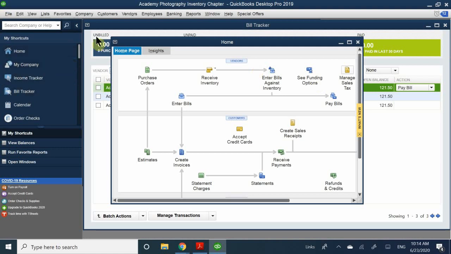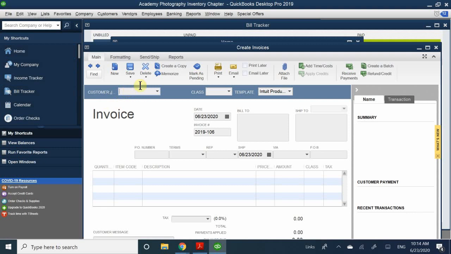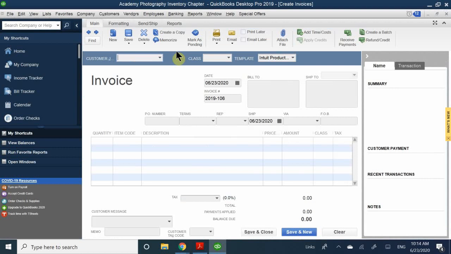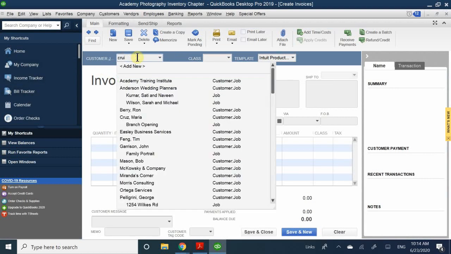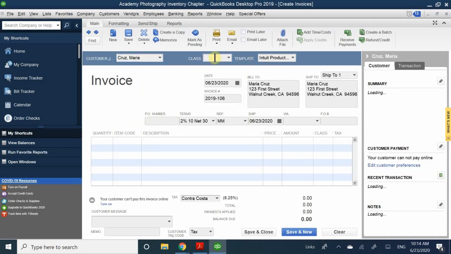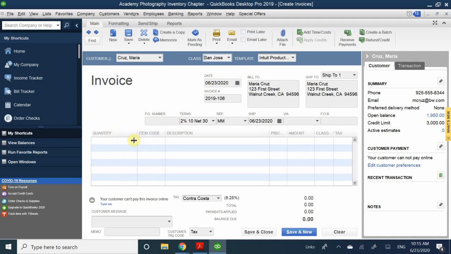All right, guys. So again, let's go ahead and look at our example here. So I'm going to create an invoice, and I'm going to create it for Cruz Maria. And she is, I think, San Jose. All right, and I'm going to bill her for the group item that we,